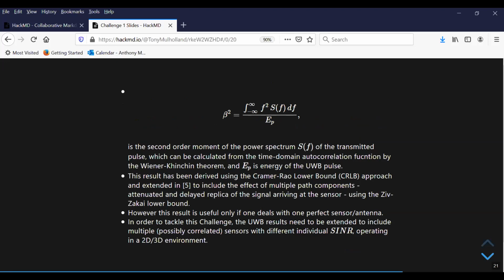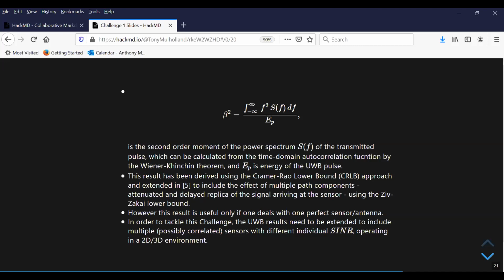And if you look at that expression for beta squared, think about it a bit, it turns out to be a sort of normalized bandwidth, or squared bandwidth, which of course makes the expression on the previous page dimensionally correct. It has dimensions of time squared. So that again is relatively simple and much as you'd expect, but you can see it depends on the spectrum of the signal as it's received.